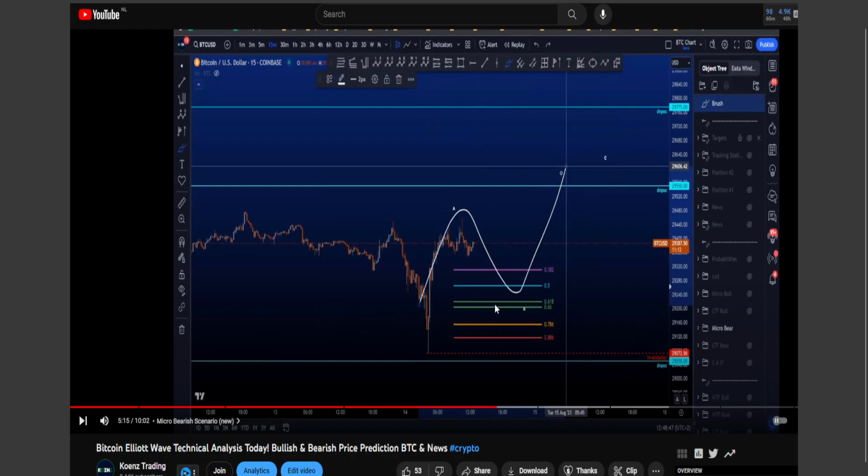I drew it on the chart as well. Screenshot from the previous video. We were looking for an A, B to the downside, where I said I would love to hit some of these fibs because at the moment price didn't even hit the 382, which is a minimum target for both a wave B and also a wave 2, but the 382 level is more common for B compared to a wave